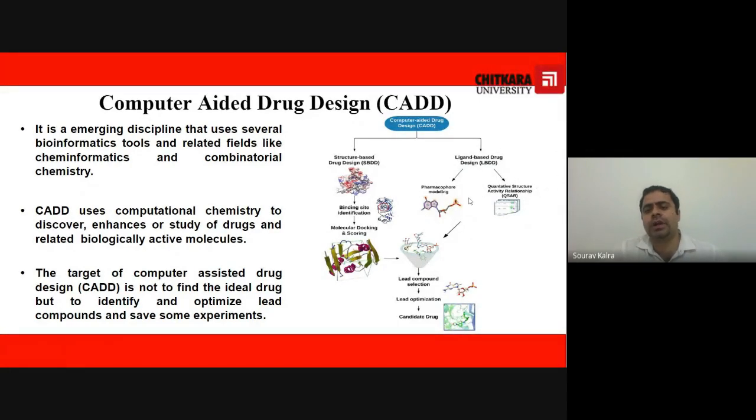In this, we can use QSAR models, quantitative structure activity relationship, when we have 30 to 40 compounds which are active against some target, and we do not know the structure of that target. If we have 10 to 12 or 20 to 30 compounds, we can build a QSAR model and predict the activity of other compounds, and we can synthesize only those compounds which have good activity against that target, for which the structure